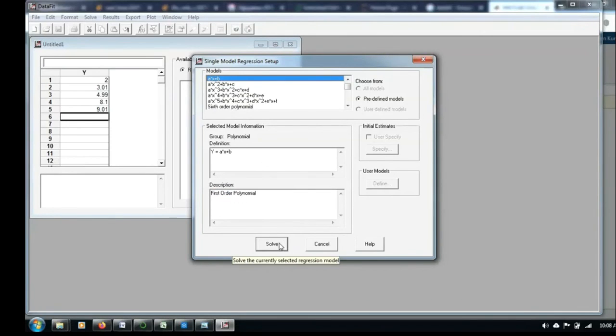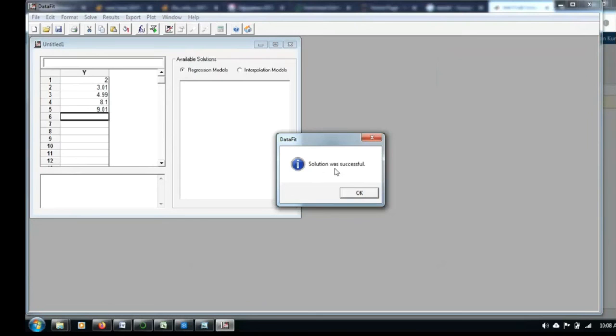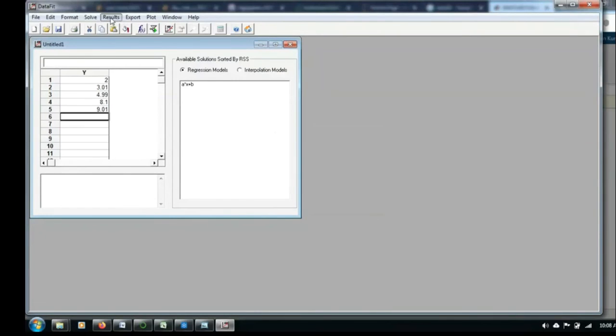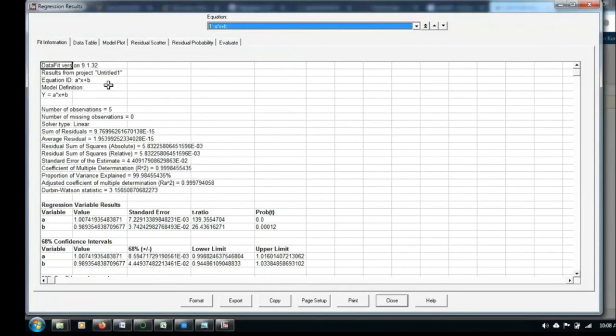Let me click solve. It is telling the solution is successful, but where is the solution? You click OK here. Now go to the results, click detailed or summary, whatever you want. Let me click the detailed one. So many details it has given. See, within a fraction of a second it has given so many calculations. Let us concentrate here. The a value is predicted as 1.007 and the b value is predicted as 0.989, and how much error happened in that process is also given here. Got the point? You can see these are estimated. We also expected a to be approximately 1 and b approximately 1.